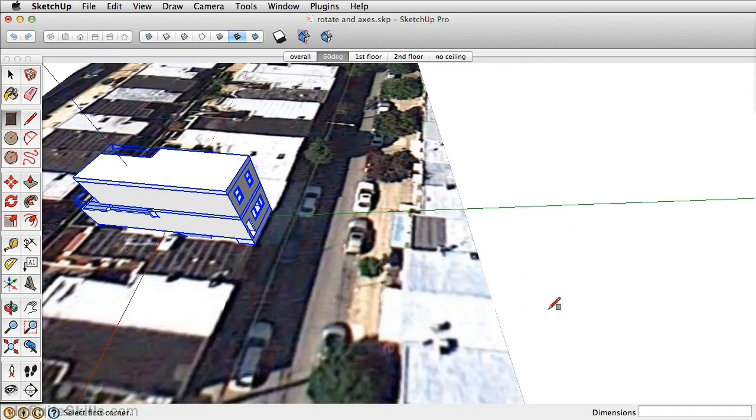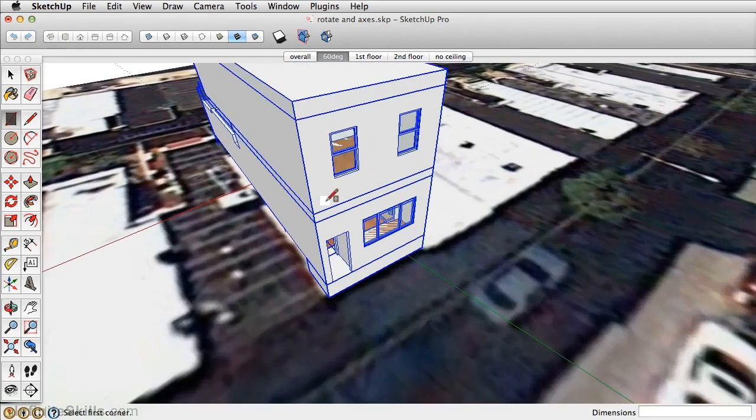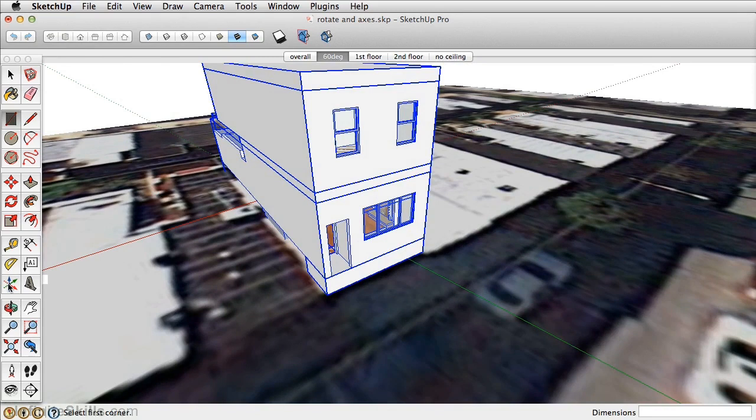Just undo that. To change the model axes, you need to click on the Axes tool, and this is a 3-click process. The first click sets the origin point. The second click determines the red axes, and I always try to do red as right, so I always make it to the right. And then most important,